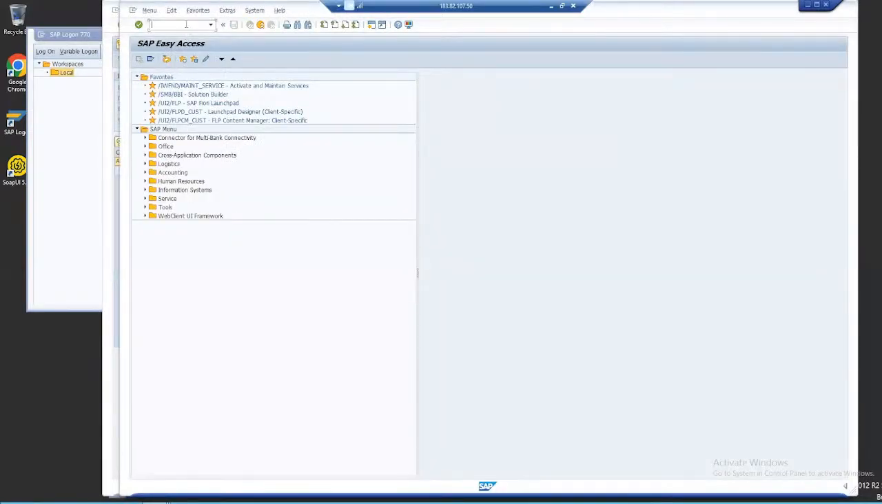We will use the screen called FA, financial accounting, general ledger. No, don't type all the things. Just FA, financial accounting. I was just explaining so that you can remember. FA, financial accounting, GL, general ledger,